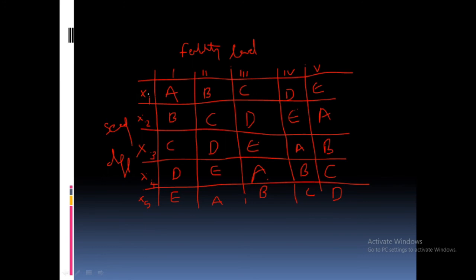So, see X1 seed at fertility level 1, the treatment is A, that first type of fertilizer. Okay. So, for seed 1 at fertility level 1 we are giving the treatment A. Then for seed 1 fertility level 1, treatment B, treatment C, treatment D. Okay. Read like this, X1 1 A B C D E. See X2 1 that A B C D E. Likewise you have to interpret this result.